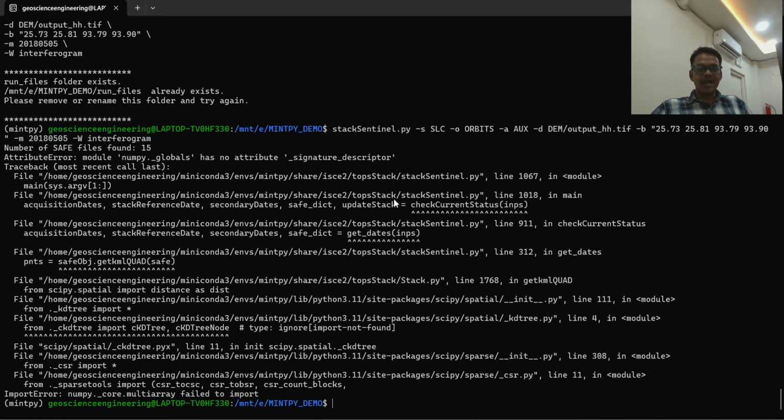See, this is the error I got. The reason why I got this error is what I'm going to explain to you again. These are the most important things you should understand when you are learning something. You should understand why this is happening and what kind of errors you get. So coming to this error,